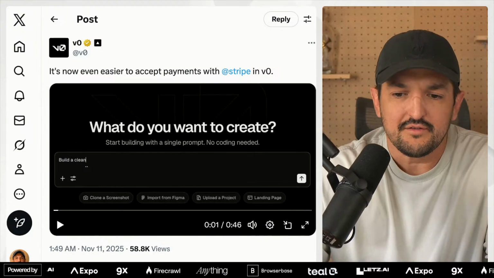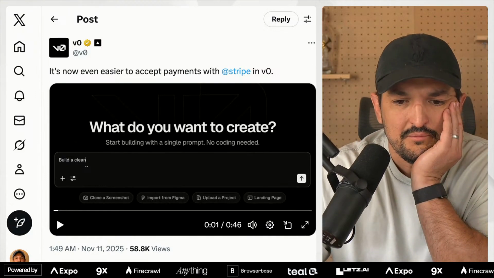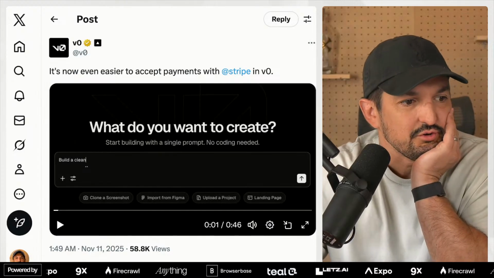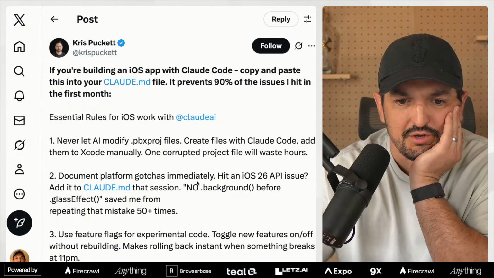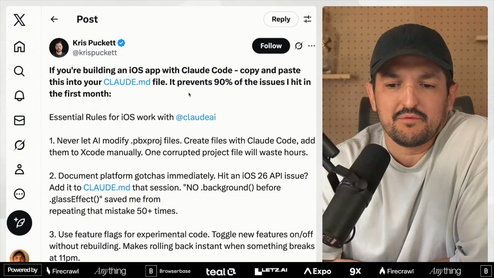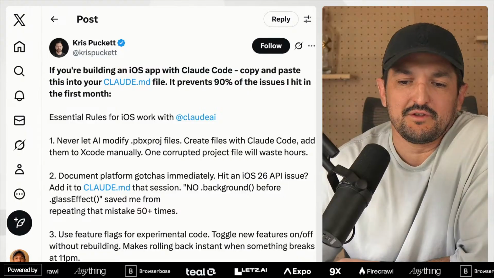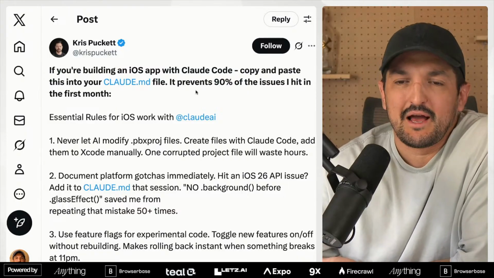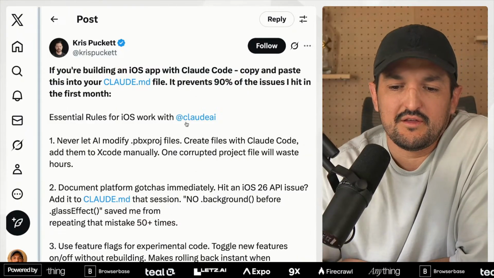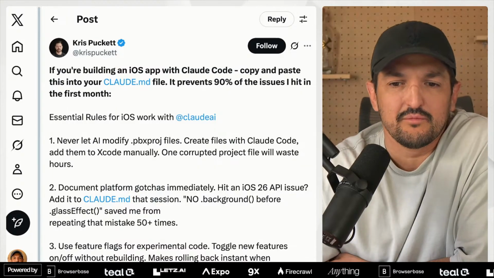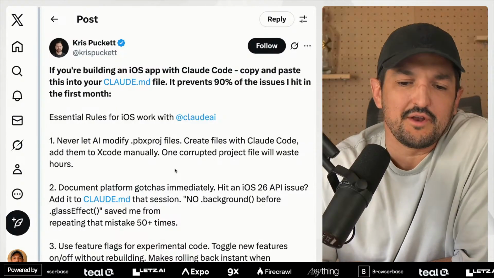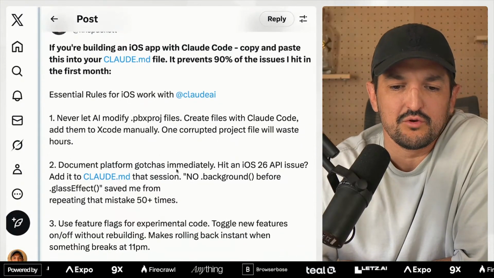That was one thing. A lot of people have been building with Claude too. So someone shared a really good prompt. This was Chris Phuket. He says if you're building an iOS app with Claude Code, copy and paste this in your Claude MD file. Everyone wants to build mobile apps with AI, so I'd probably advise using something like createanything.com or Rork or Vibecode app. But if you're actually raw dogging it with Claude Code,